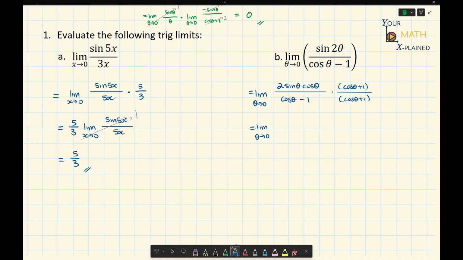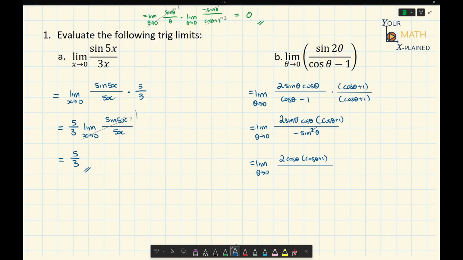So now the bottom is cos squared theta minus 1, which we can use the Pythagorean identity and change that to negative sine squared theta. And then our numerator stays the same, which is 2 sine theta cos theta multiplied by cos theta plus 1. And now one of the sine thetas can cancel out. That means we're left with the limit as theta approaches 0 of 2 cos theta times cos theta plus 1